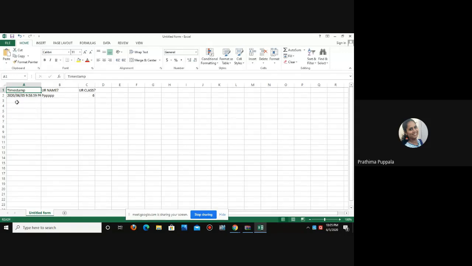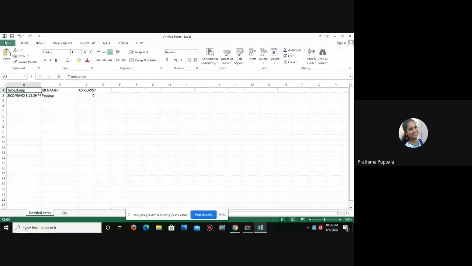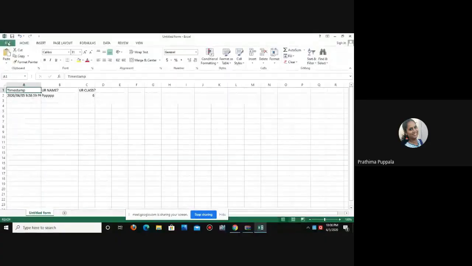I got only one response, that's why it is showing only one. If you get multiple responses, you will get the whole list in one Excel file only. Once you download it, save it with the date. For example, today you have taken the class on 6th of 5 6 20. Like this, save it with your date so that you can maintain a record.